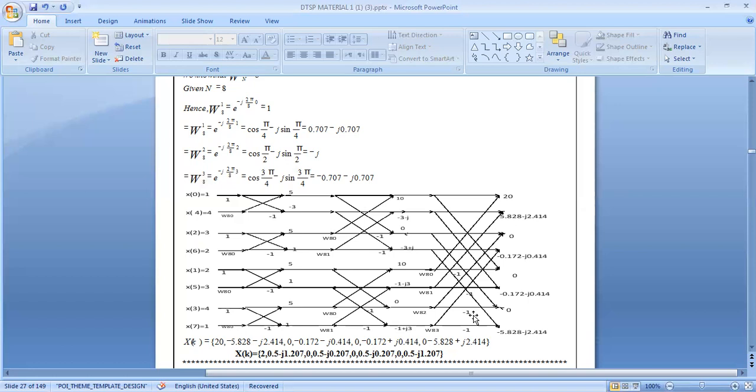So what is the 8-point radix-2 FFT algorithm? This 10 will be combining with 10 in order to give an addition of 20. 10 minus 10 will be 0, because the twiddle factor will also be 1 over here. What about the next factor? This factor is 0.707 minus j 0.707. When you are doing it over here, what will we get? Minus 3 minus j. This one has to be multiplied with 0.707 and minus j 0.707.